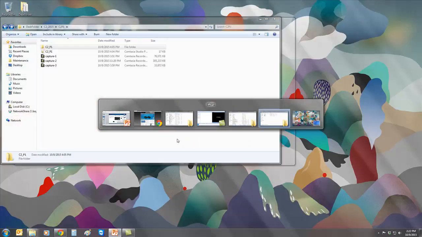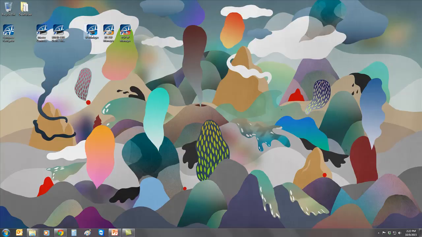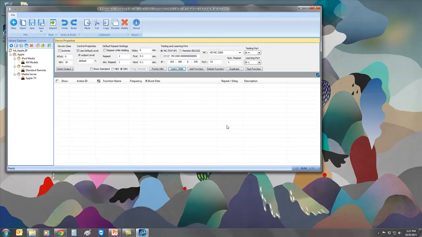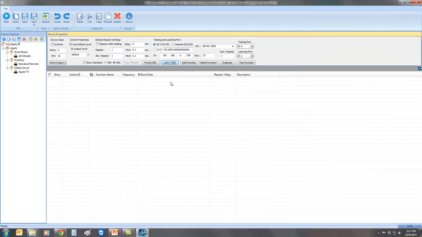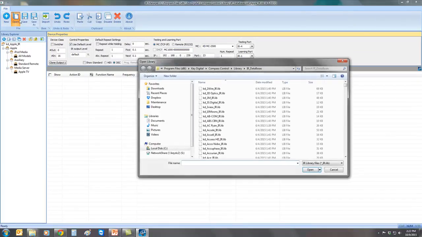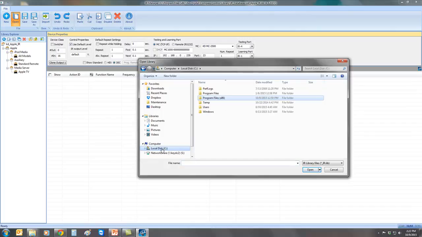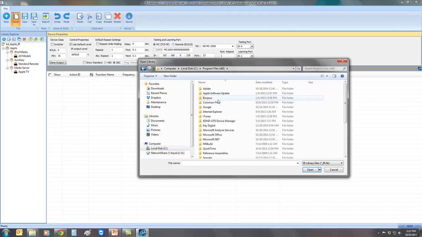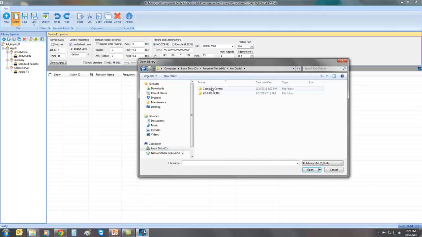So let's go ahead and open up our IR Manager. We could choose any device to open by going to File, Open, and from the very beginning, it's the default directory of the Key Digital Compass Control software, which is C, Program Files x86 if you have that. If you don't have x86, it'll be just Program Files. Key Digital, Compass Control,